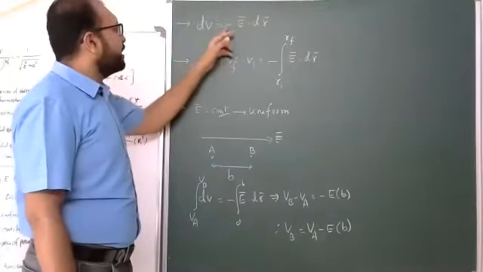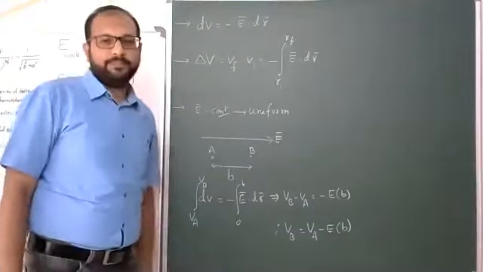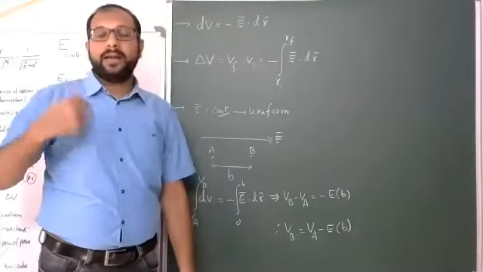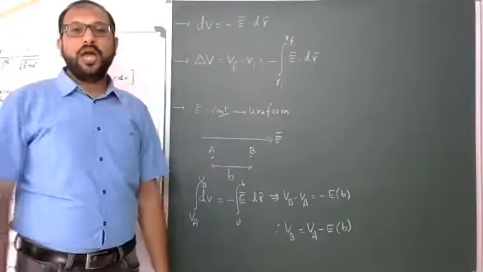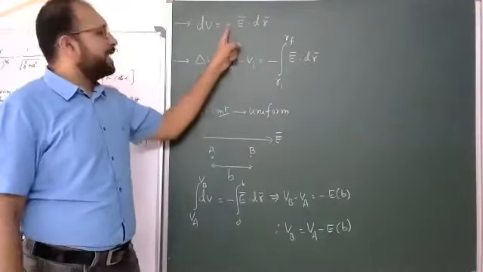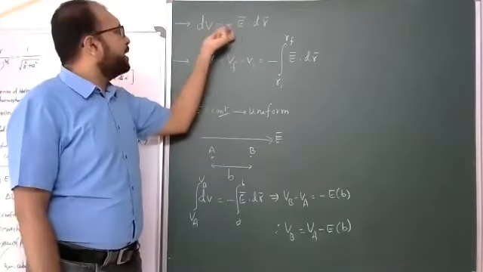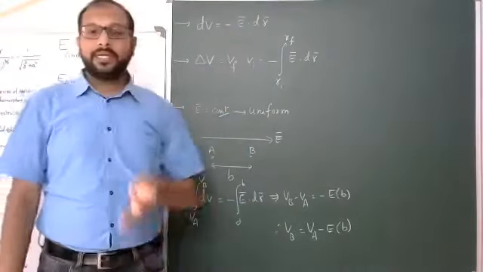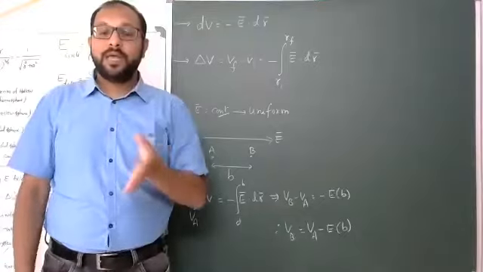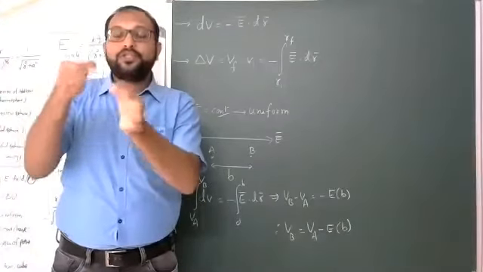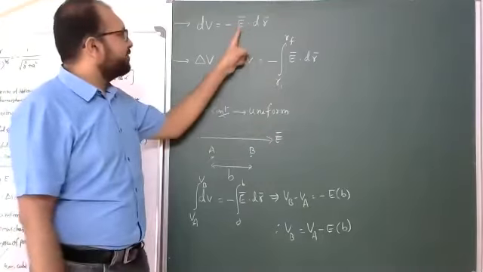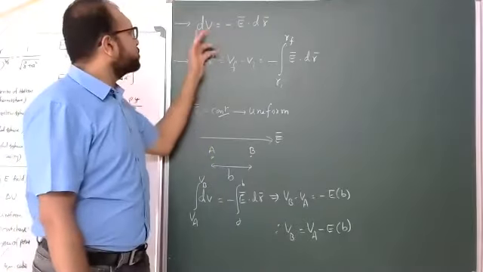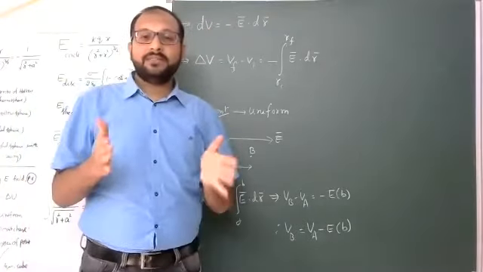dV equal to minus E bar dot dr bar. Why minus? Whatever external force we apply is opposite to the electric force, so minus is mandatory. dV equal to minus E bar dot dr bar. E bar is the electric field strength where you are moving that positive charge, dot product, and dr bar we know is the displacement. So, students, dV is nothing but